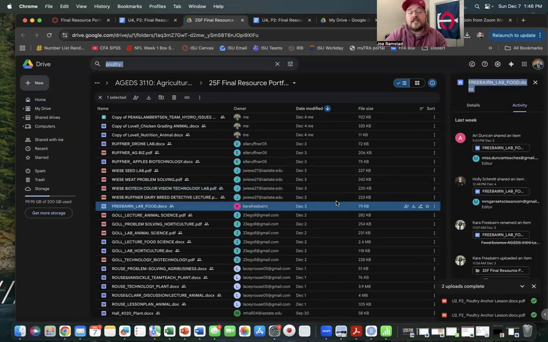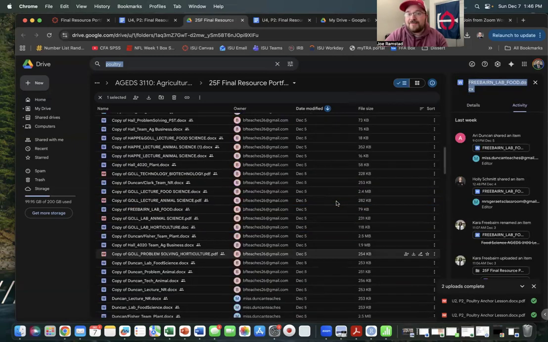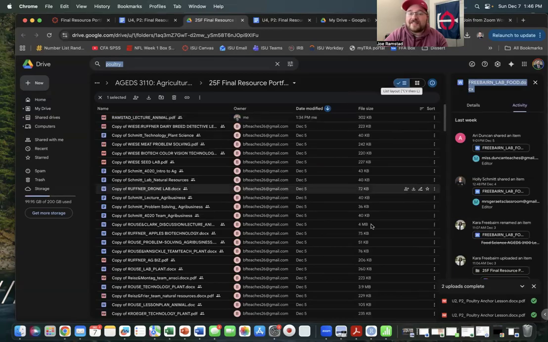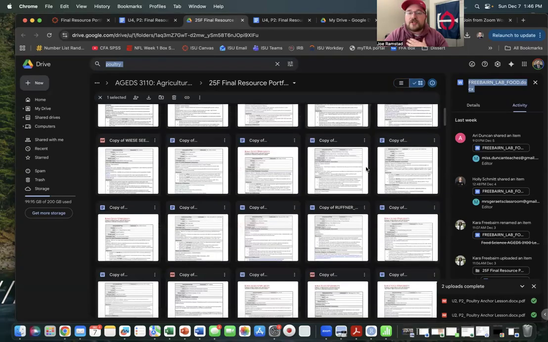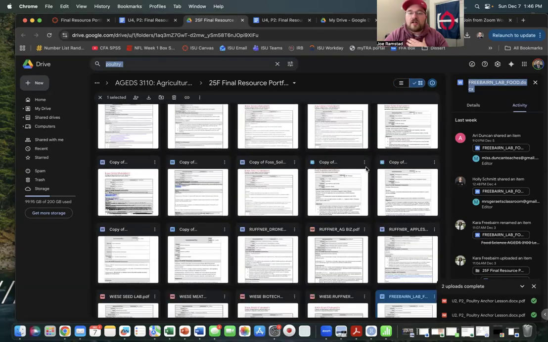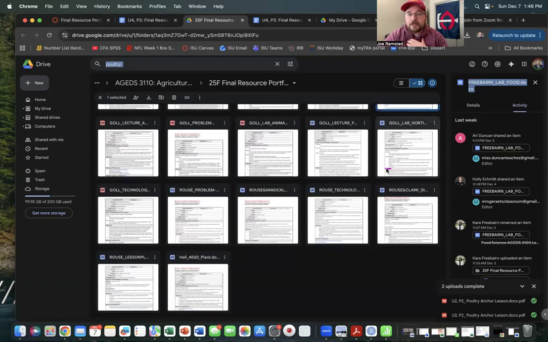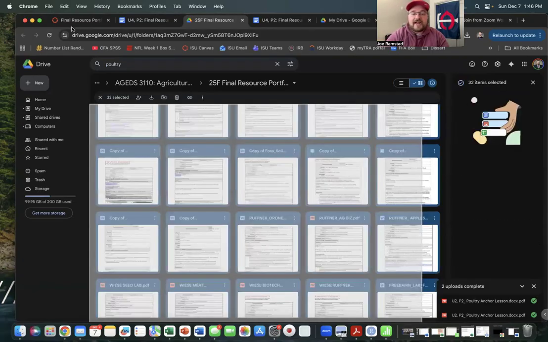Okay, so back up. You're welcome to have everything in a list here. I prefer the list layout as opposed to the grid layout because it looks a little bit cleaner to me. But essentially, whether it's the list format or the grid format, you're going to want to make sure that all of the files have been selected. To do that, you can click and drag like you're seeing here,